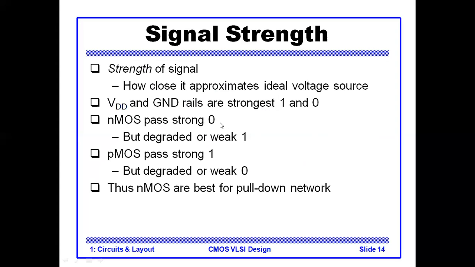I already mentioned this in the working of the pull-down and pull-up networks in the CMOS inverter. NMOS passes a strong 0 signal, but a degraded or weak 1. Oppositely, in the PMOS case, it passes strong